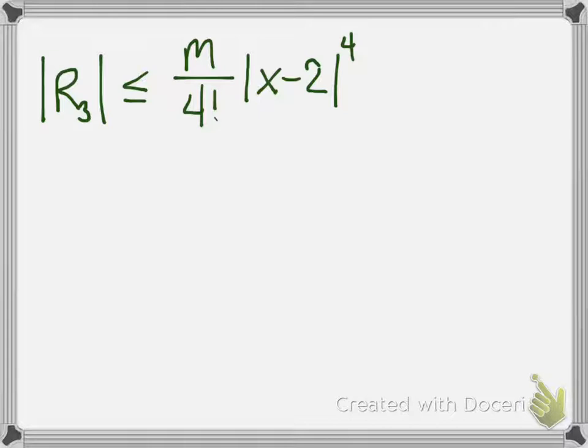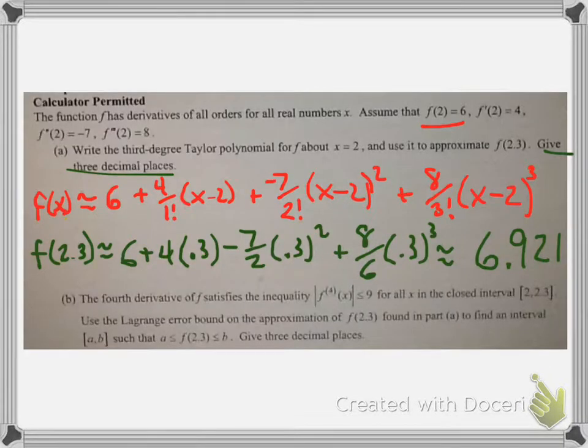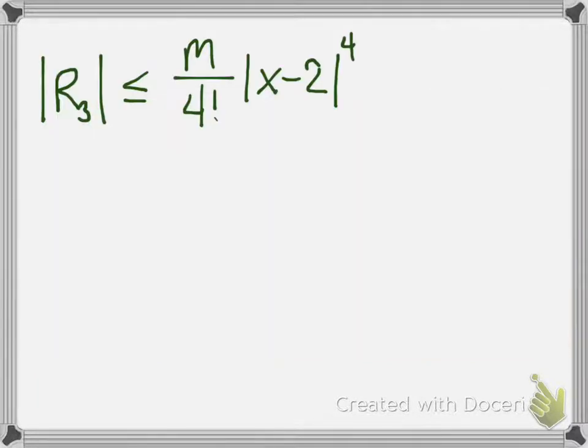Now M bounds the n plus first derivative. Since we're using the third degree Taylor polynomial, we would need to look at the 4th derivative, so M is a bound for the 4th derivative. But they told us what the 4th derivative is bounded by. They told us back over here that it's bounded by 9. So that means the bound for the magnitude of the error of the third degree Taylor polynomial is less than or equal to 9 over 4 factorial